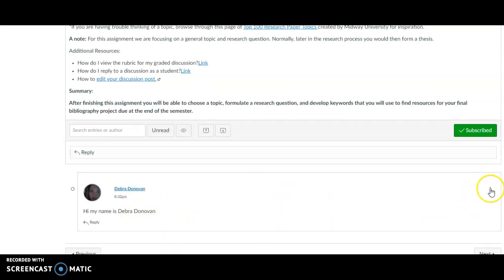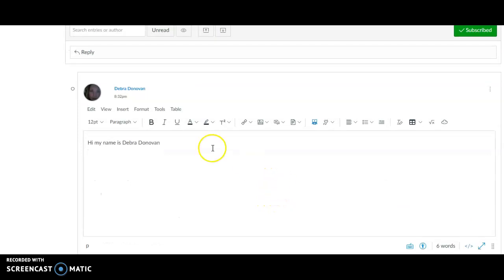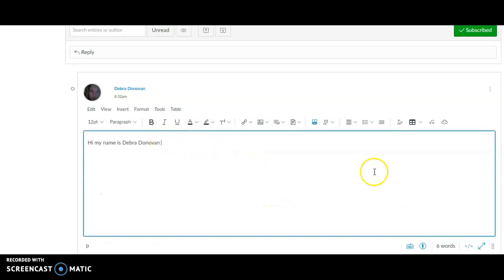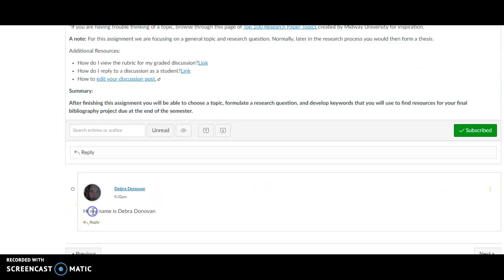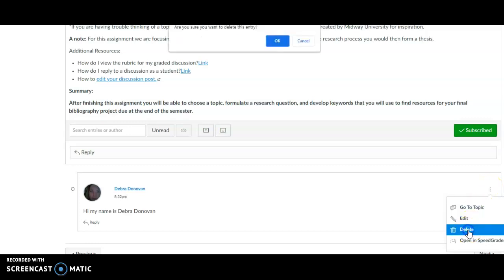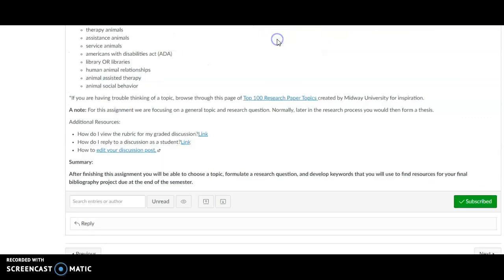So I go up here to where these three little dot icons are, and I click on edit, and then I can keep adding to it, or I can just delete the whole thing. And then here, if I want to delete it, let's go here, and it'll say okay,